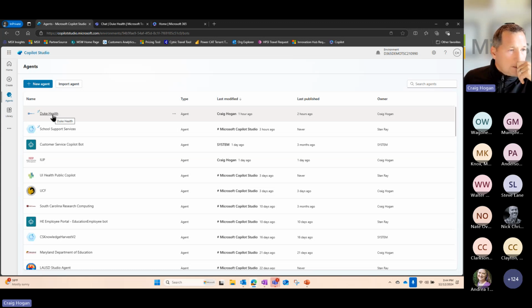Okay. Next question. How is Studio licensed? Do you have to allocate credits? So the way that Copilot Studio messages are licensed, they are assigned at the tenant. From within the tenant, you assign them to a Power Platform environment. And then within the Power Platform environment, you assign them to a specific agent.